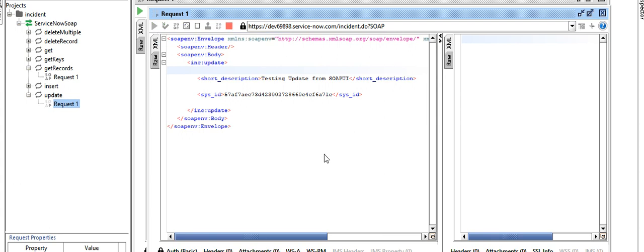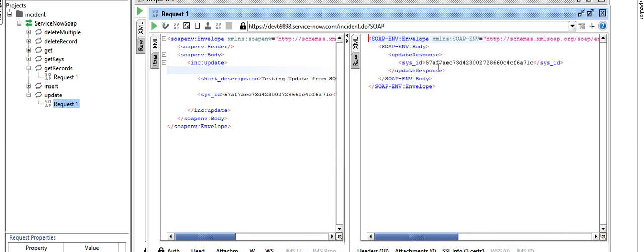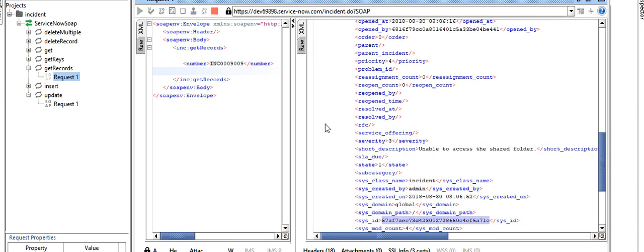On click of submit, it should ideally update the ticket with this short description. The ticket ID is updated. Let's copy this and see if the same is updated. We are again sending a get request, and you can see that the short description is updated.